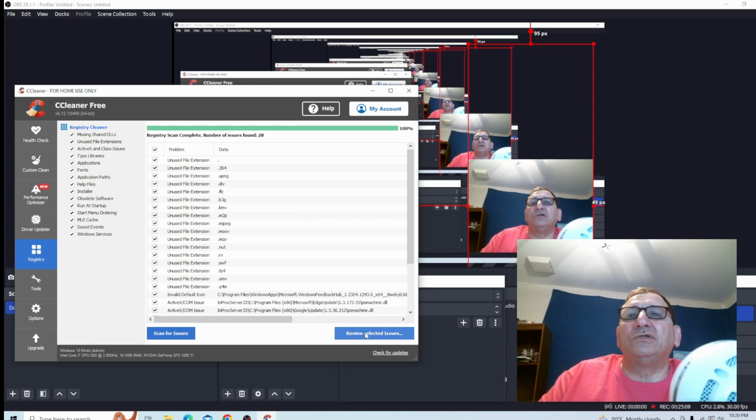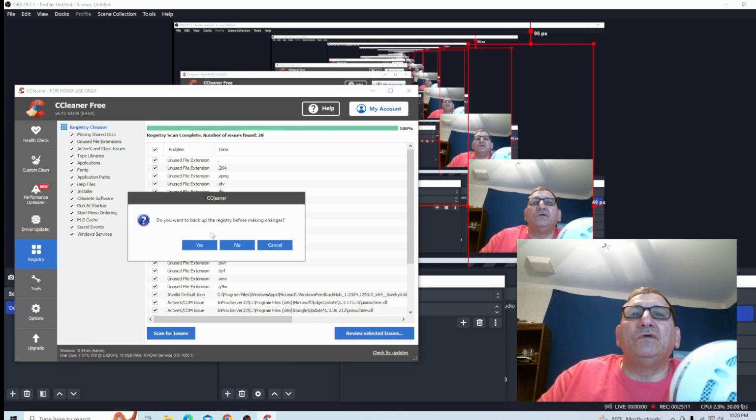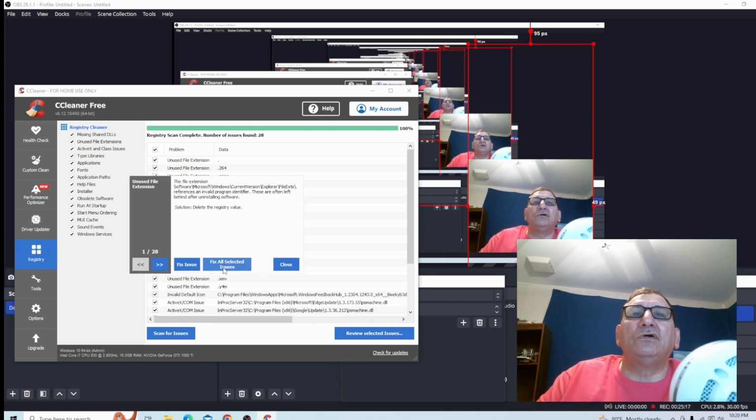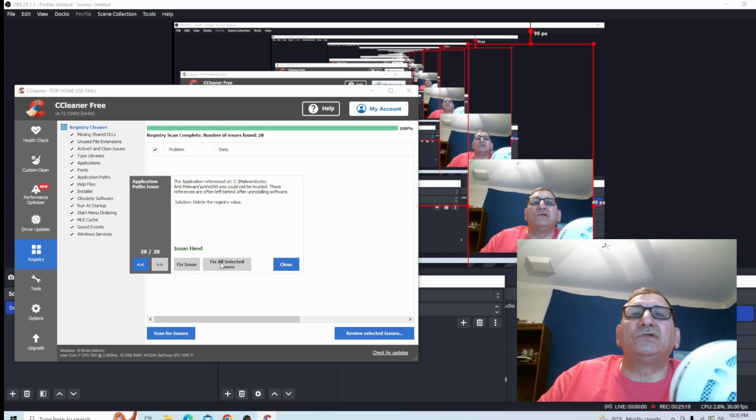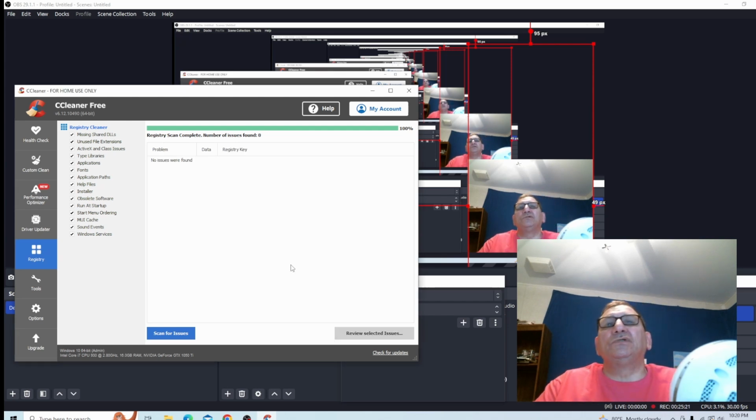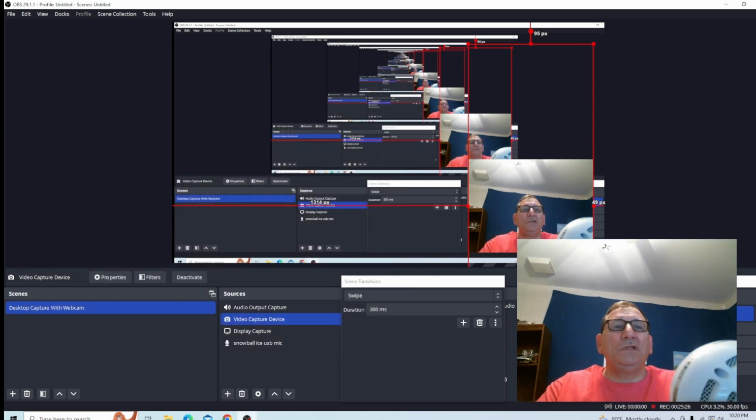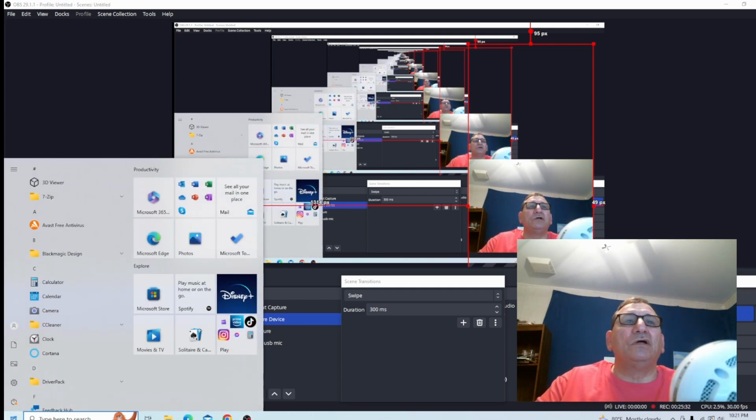Now that's done, so you hit review selected issues. You can choose to back up your registry or not. I say no, and then fix all selected issues, and then close it, and then you're done with CCleaner, which is a very good program. Another program I like is